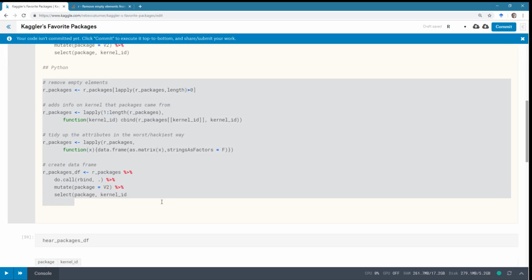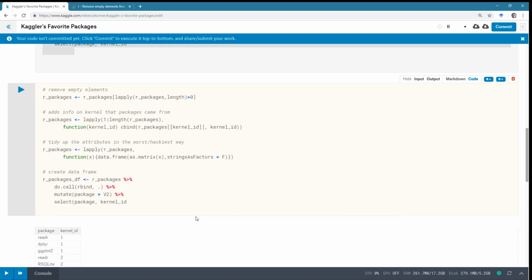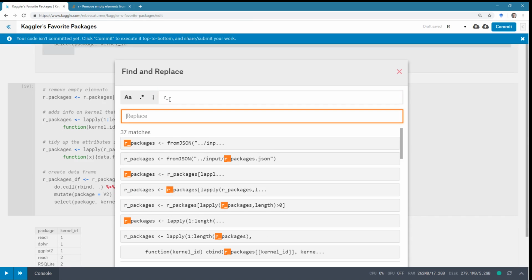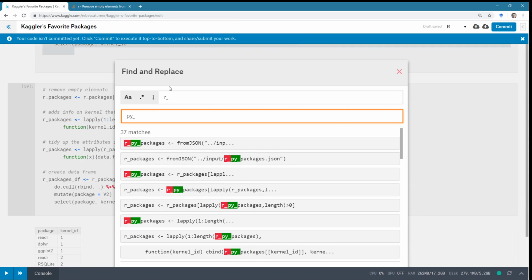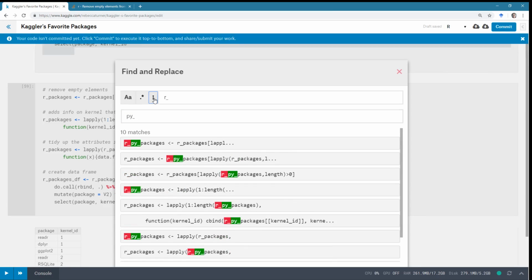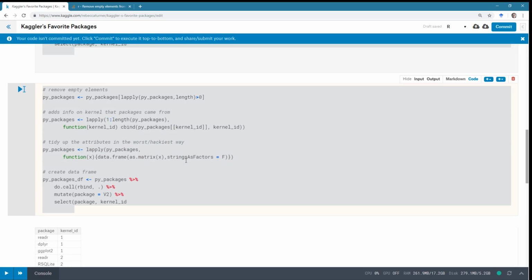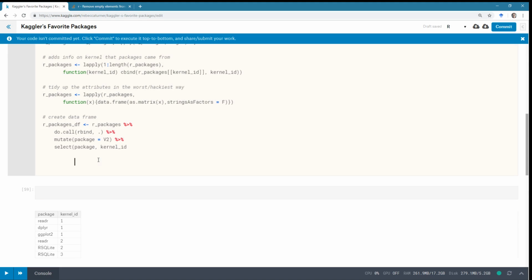Well, all right, let's do this again. This way I'll remember how to do it, right? So it was click in the margin, F for find and replace, only in selected cells, R underscore with pi underscore, we wanted about 10 selected cells, that's right, and then we want to replace all, and then Control A, Control X, okay. Python B.